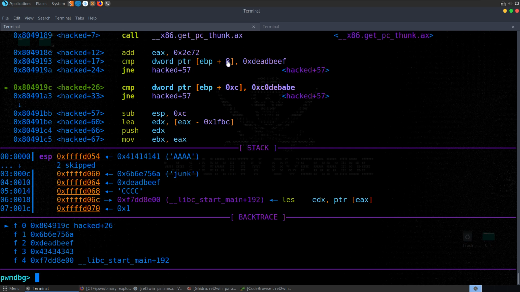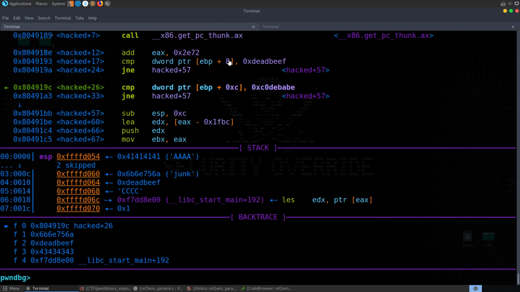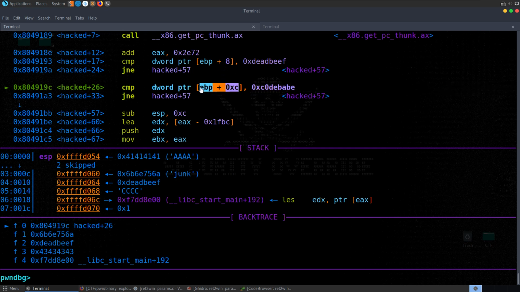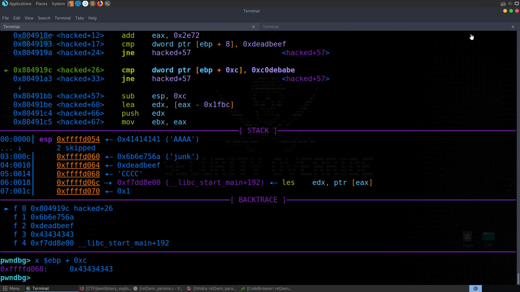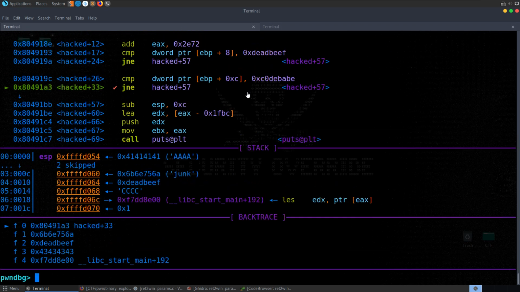Which makes sense, right? Because we have our EBP plus 8, and we had a 4-byte variable. We had, as we can see here, these 4 bytes. So 4 bytes after 8 is 12, and that's our next value on the stack. So again, let me take a copy of that. X, print that out. It's obviously 43434343 because we put in all C's,